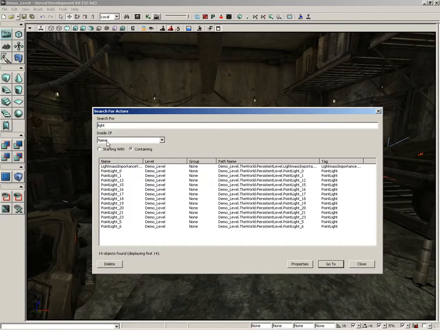Now, we don't have to just search for name. If we grab the drop down here, we can search the level, so what level it happens to be in, any group, its path name, its tag, and you can see all of that information broken down here inside the list of results. So for instance, we could grab point light 12, and once we've made a selection,